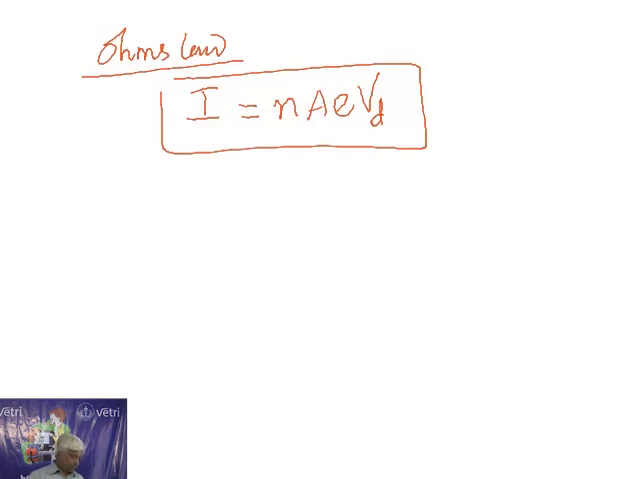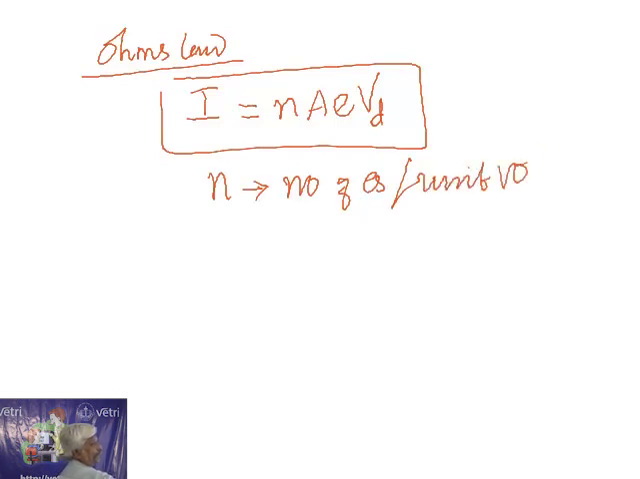What is N? We have to pay more attention to N. N is the number of charges or electrons flowing per unit volume. Don't forget it. Unit volume. If volume is 1, the number of electrons flowing is small n. That is the thing we have to understand. For a particular volume, we have to multiply it. Where A is the area of cross section of a conductor, E is the charge of a single electron,